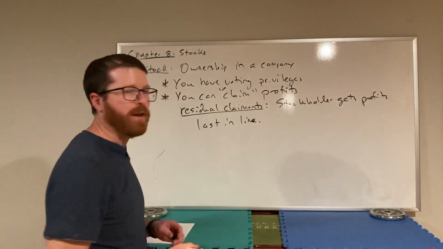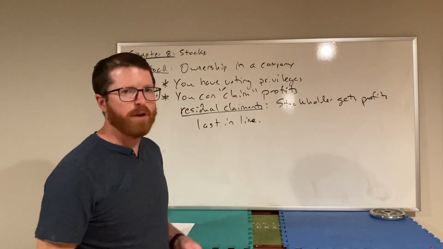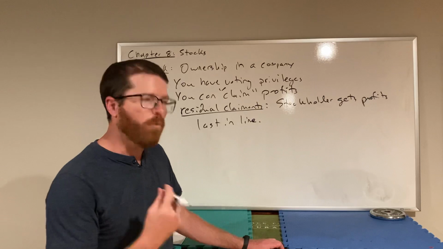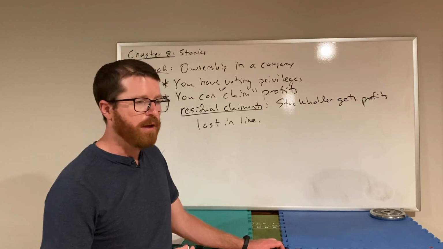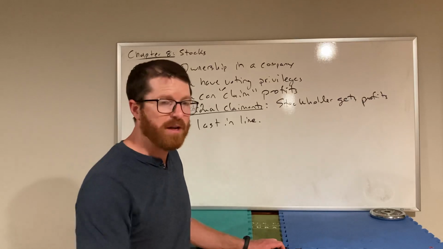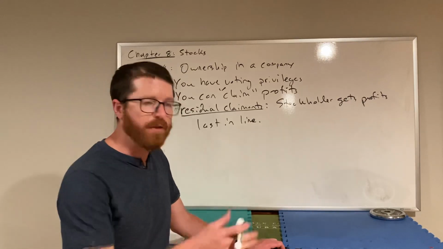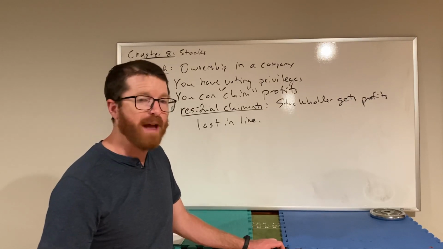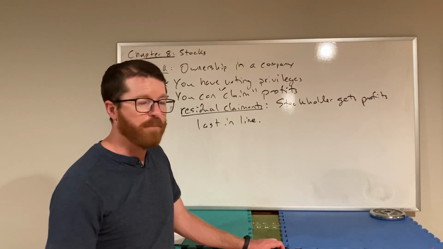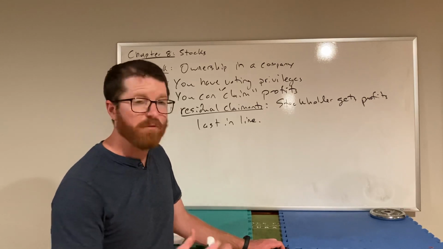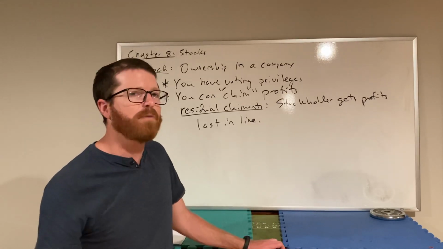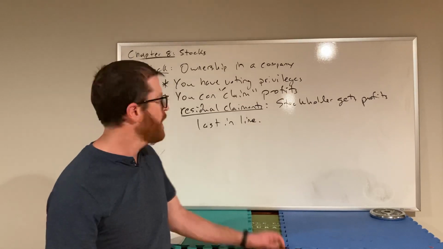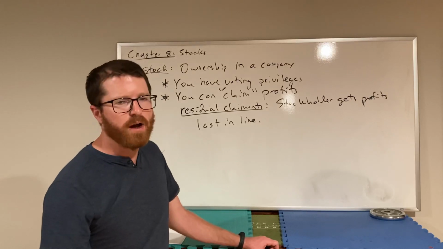So, if you're thinking about Apple and they're making a cell phone, when they sell that $1,000 cell phone, they're going to pay their workers, they're going to pay anybody who's lent them money. Like if Apple's issued bonds, they're going to pay those bond buyers back. They're going to pay the government in terms of taxes. They're going to pay for raw materials. There's all these things that need to be paid. If after all of that is paid, there's still some profit left over, that is what goes to the stockholder,